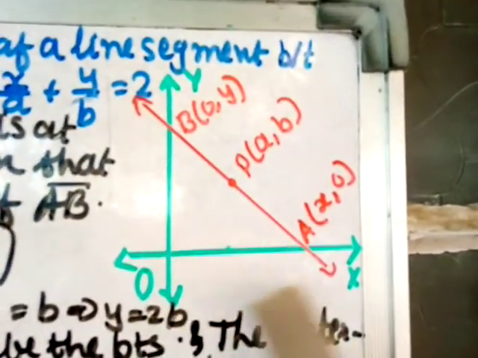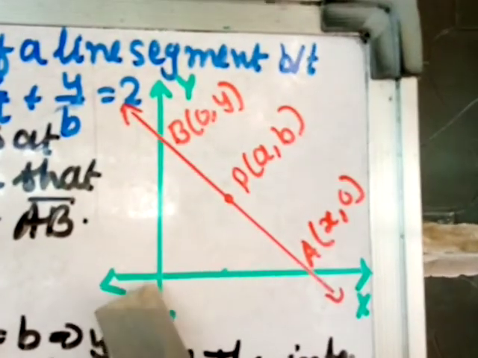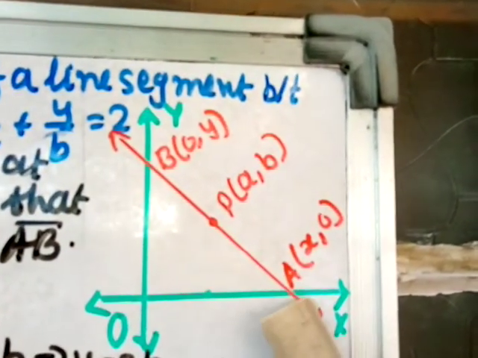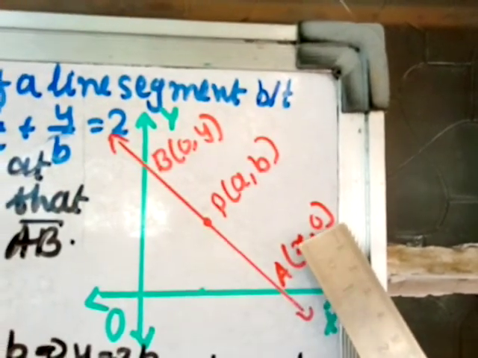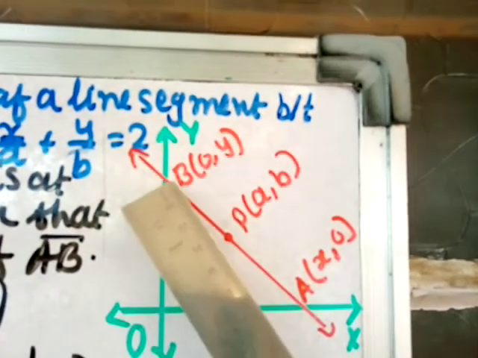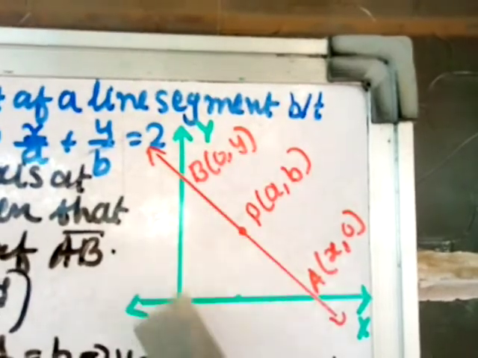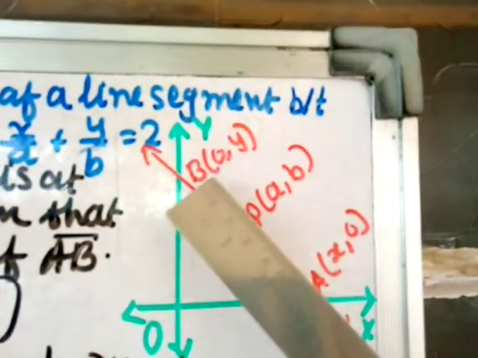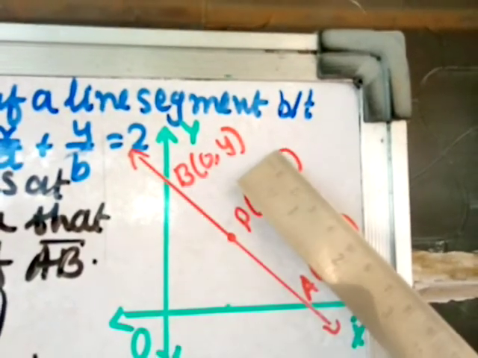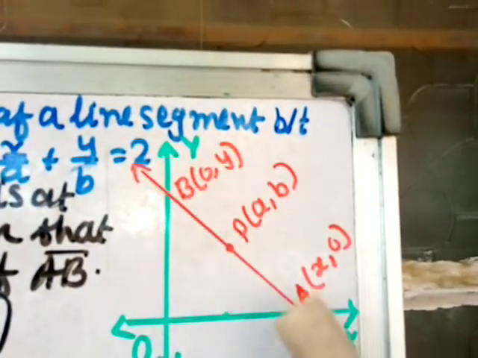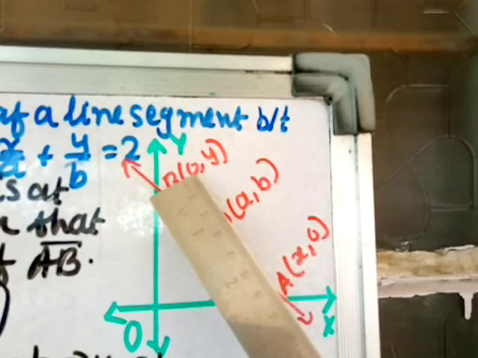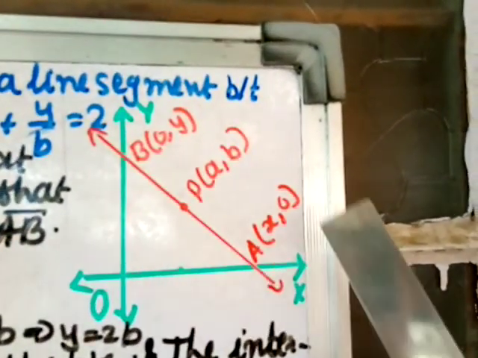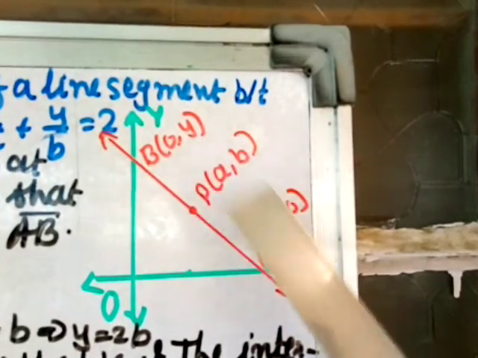So when it is intersecting the x-axis at A, suppose we call this intercept from here to here x. The coordinate of A will be x0. Okay, and if you consider this distance, or the intercept of the line on the y-axis, from here to here as y distance, then the coordinate of B will be 0, y. Okay, so I'm just taking this 0, y and x, 0. Okay, you know the x coordinate is 0 on the y-axis and the y coordinate is 0 on the x-axis. So I can take 0, y here and x, 0.